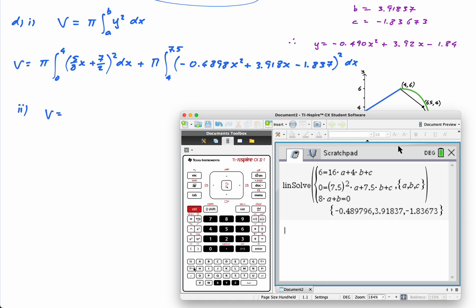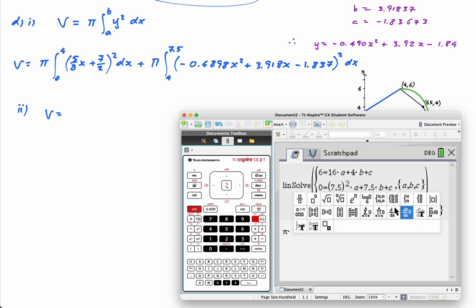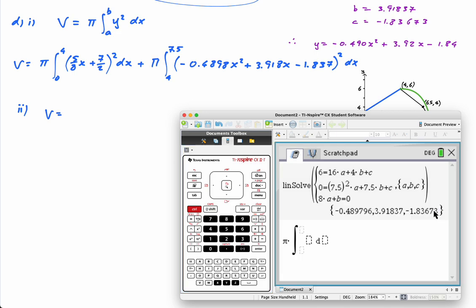So I need to do pi times the integral. This is going to be a little bit annoying, fair enough. The integral from 0 to 4, and this is what makes, I find, guys, this is what makes some of these questions difficult. It's just how long, it's just the time, because it takes so long to write things into your calculator. 5 over 8 x plus 7 over 2, squared dx plus,